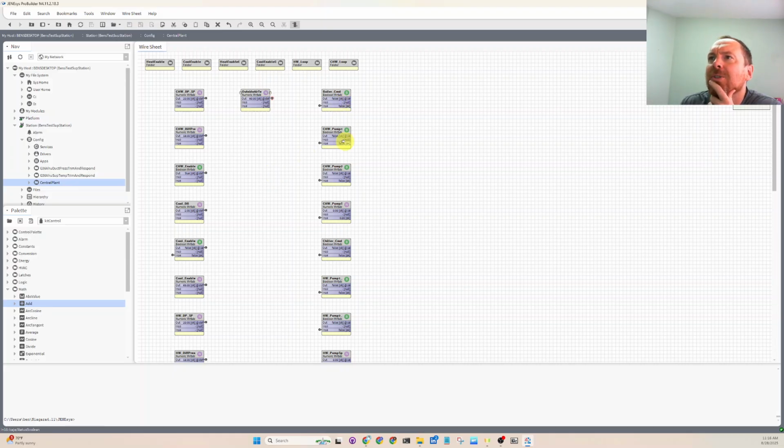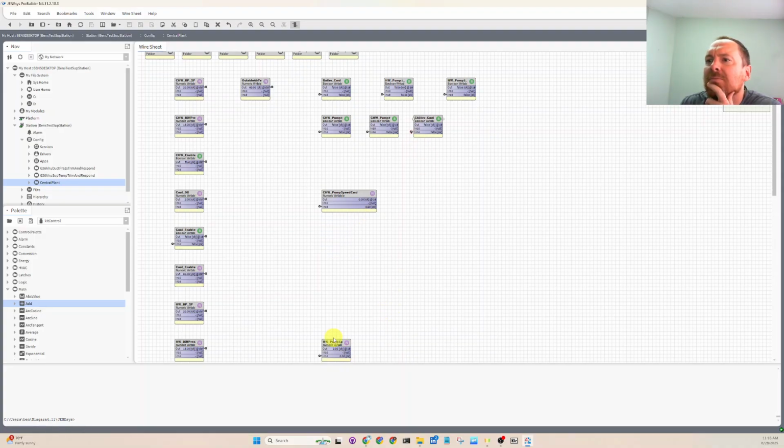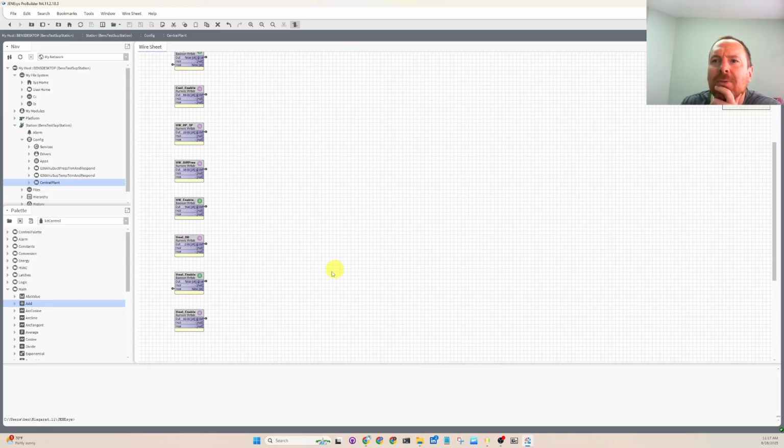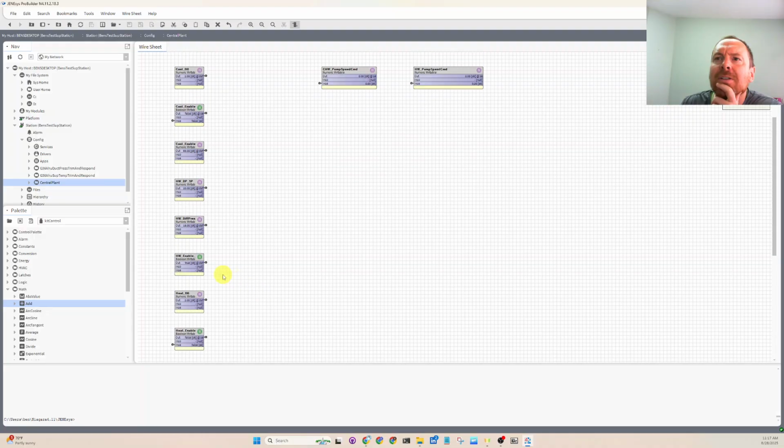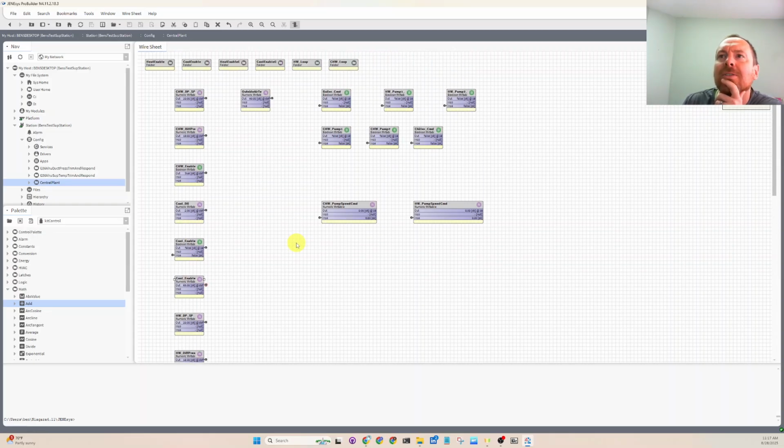Boiler's off, chilled water's off. Some of these points aren't really organized, maybe I'll put the hot water pump and hot water stuff by the hot water, and chilled water here. These must be speeds. Chiller command. So this is just a basic example, and it looks like it's off. Hot water pump enable, set point, hot water pump differential pressure set point, chiller differential. Okay, so it looks like it